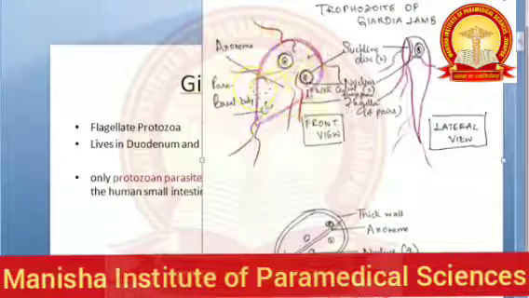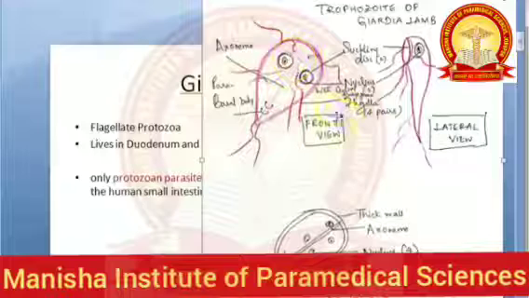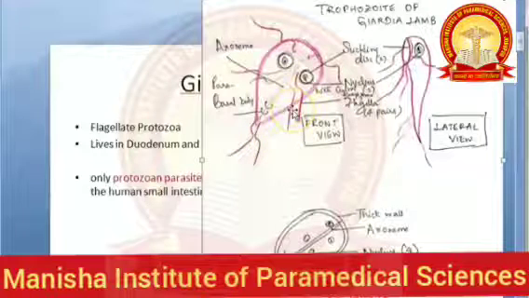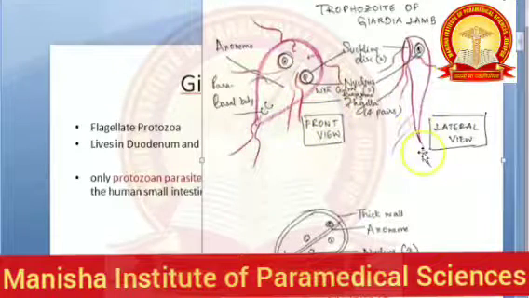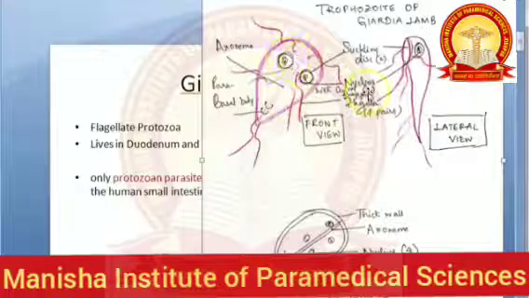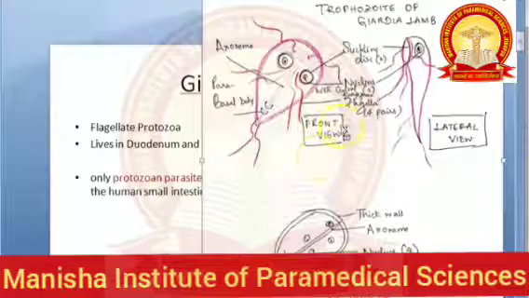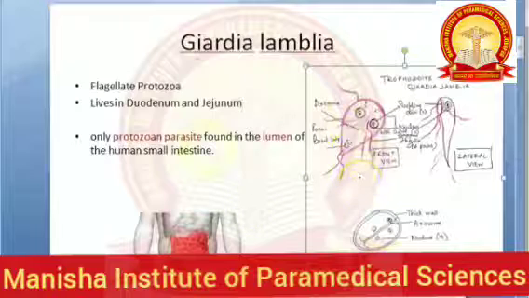This is how it looks, the way we have drawn it actually. So this is Giardia lamblia. It has a lot of flagella, right? 4 pairs of flagella. This is the front view. This is the lateral view. It looks like a fish eating something, right? These are the sucking discs, and they adhere to the small intestine with this. This is the cyst of Giardia lamblia. So here you have the trophozoite form and the cyst.